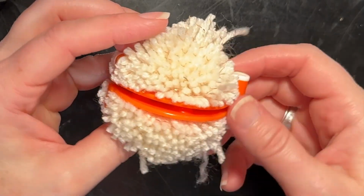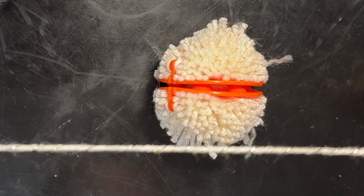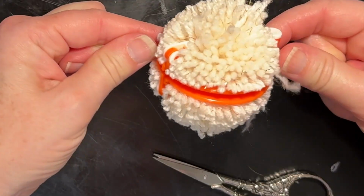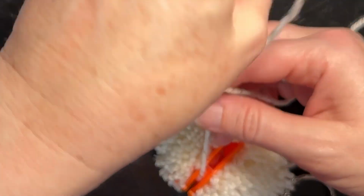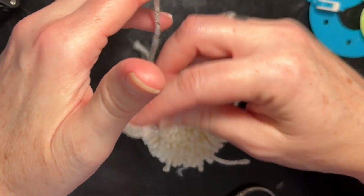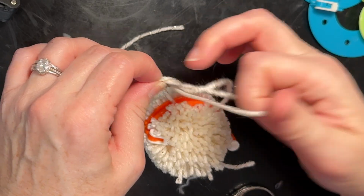So now that we have that snipped, you can kind of see where our pom-pom's going to be. So now we need to tie it together the best you can. Let's put the yarn in between the two pieces and come up on this other side, and you're gonna tie a knot. I like to do a square knot. So it's right over left, pull that down tight, and then left over right,